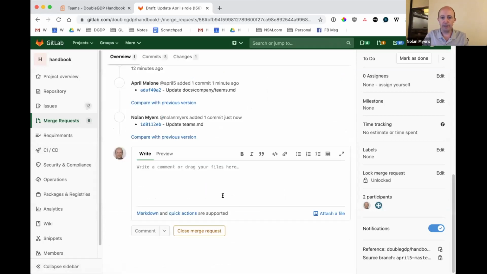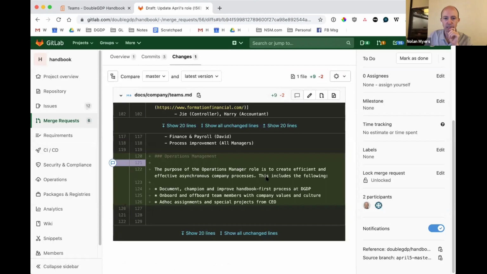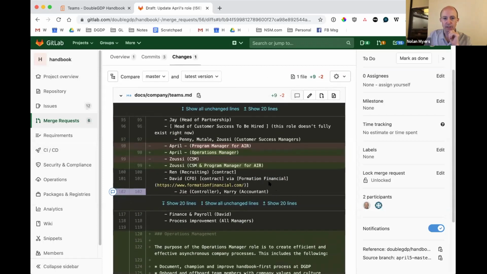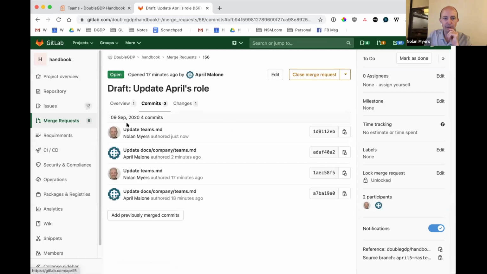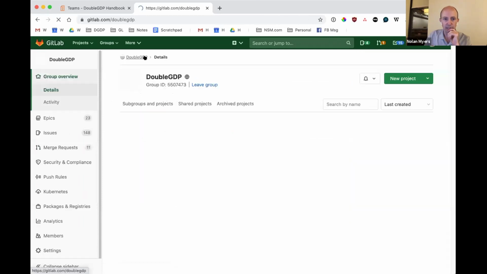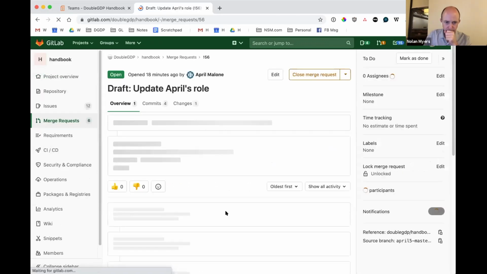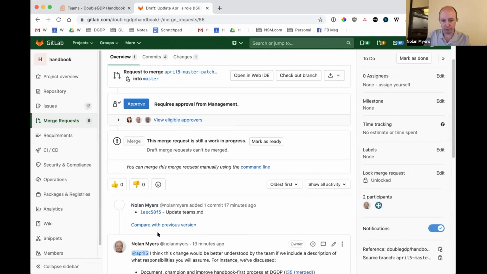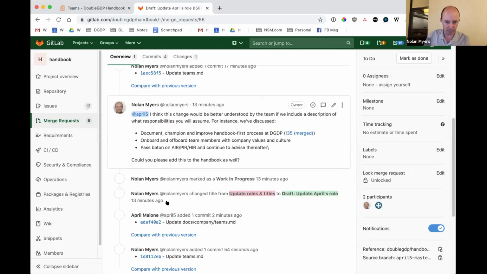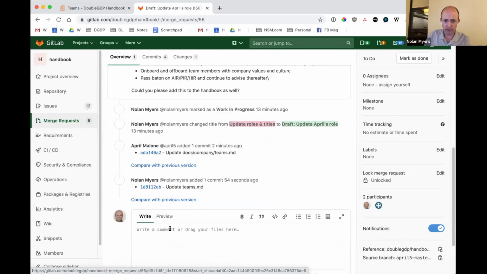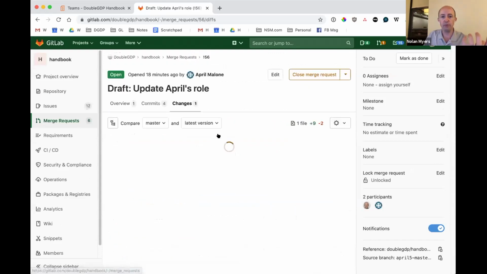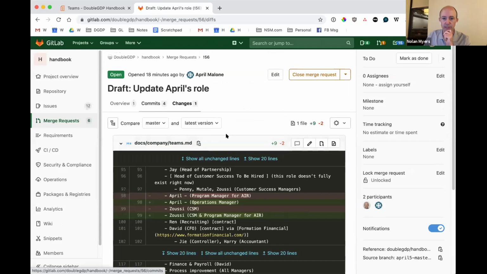So I'll go back here. I think now, April, you and I might check in briefly and just look at that. If we looked at all the changes at once now, you can see there are two ways to view this. One, I can look at each of the changes individually, right? Sorry, I navigated away from this. Go back to this. So I can look at this as an evolution and see the changes that were made at each step along the way, right? Or I can look at this as the sum aggregate of everything that's taking place in the merge request, which is one file, 9 additions, 2 removals.